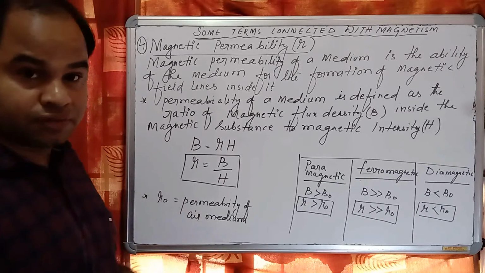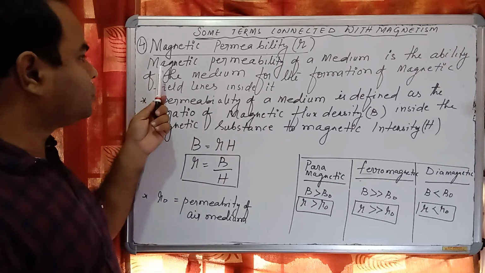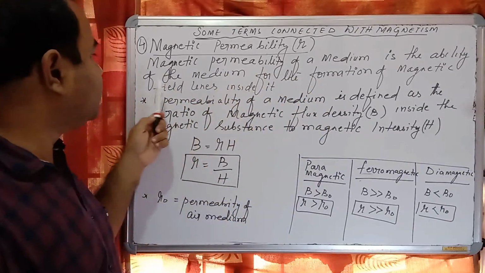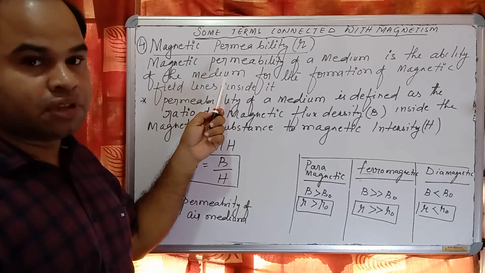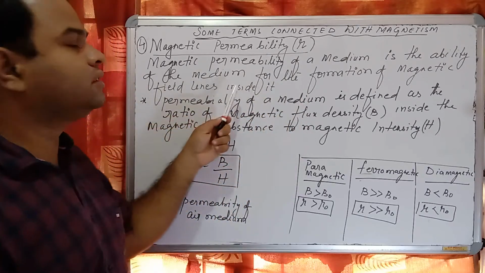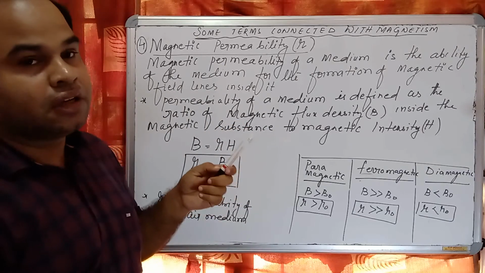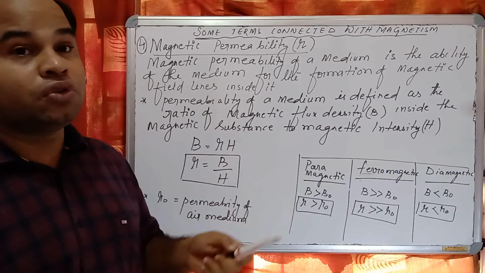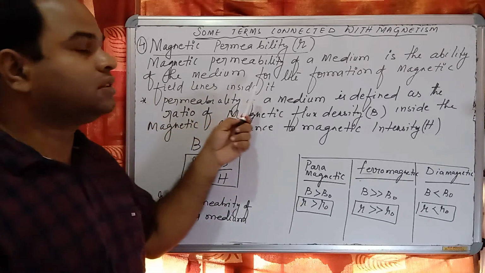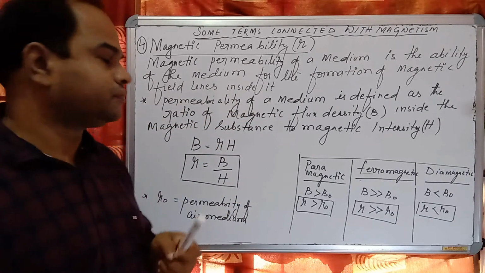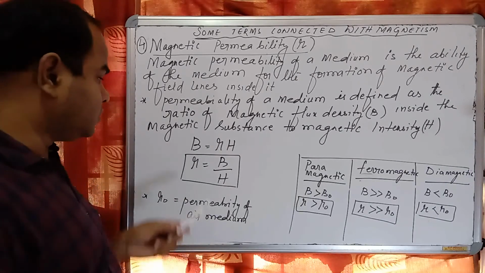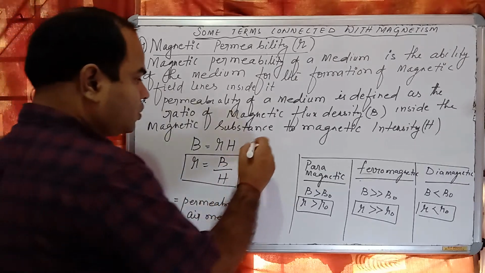So in that case it is written mu naught, the permeability of air medium. Our definition is that magnetic permeability of a medium is the ability of the medium for the formation of magnetic field lines inside it. Again, I just derive that B naught